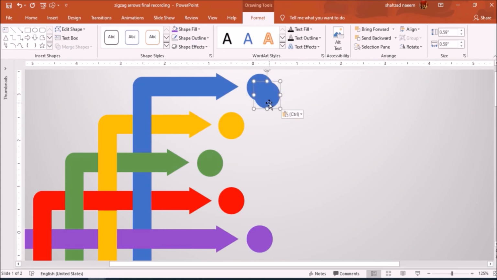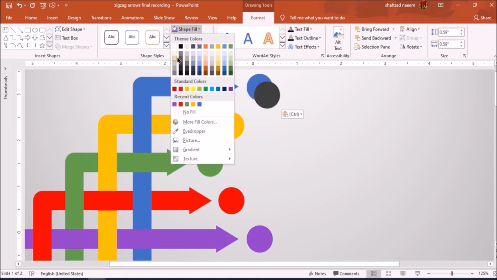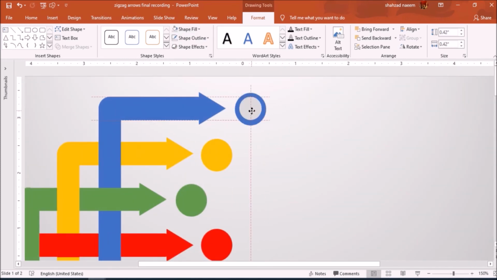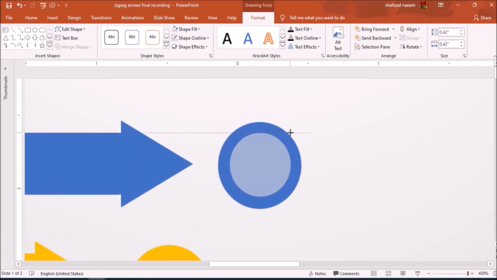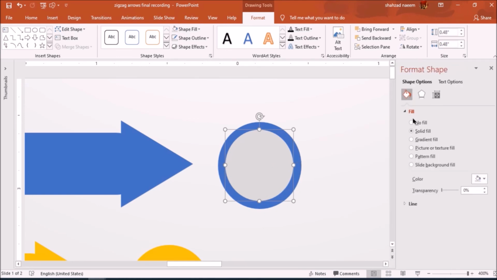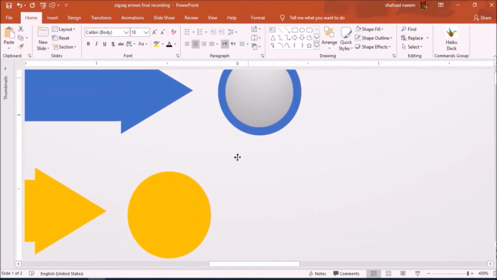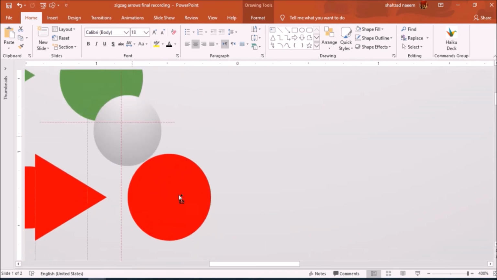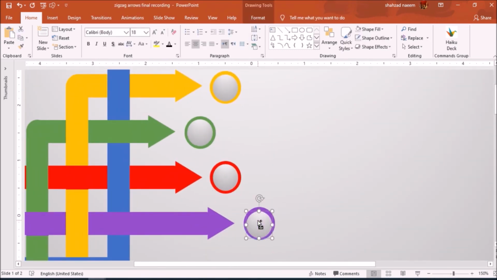And the next step that I'm going to copy this and I'll fill kind of gray color, and I'll make it placing inside the middle of blue circle. I'll fill a kind of a gradient color here inside. Let's go to properties, more settings of format shapes, and I've filled the gradient color. The preset color was available, what I use in the background. Let's place it on all of these